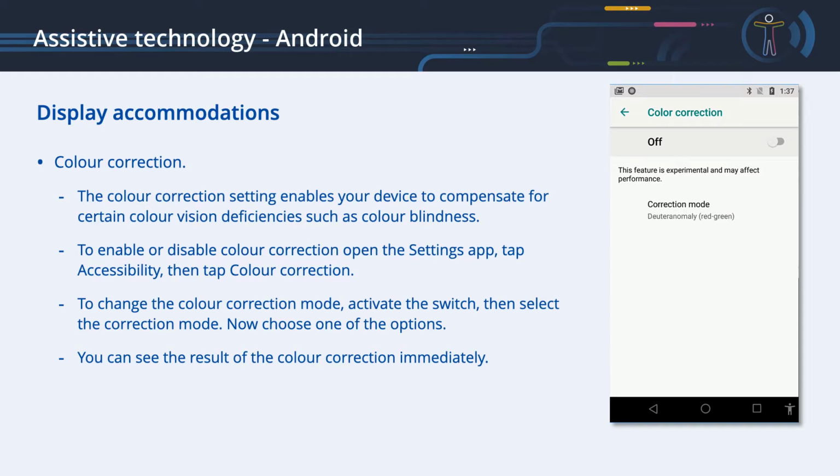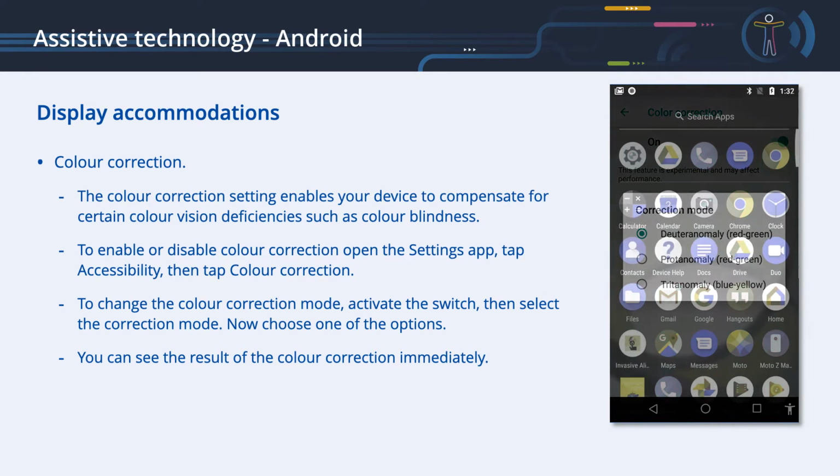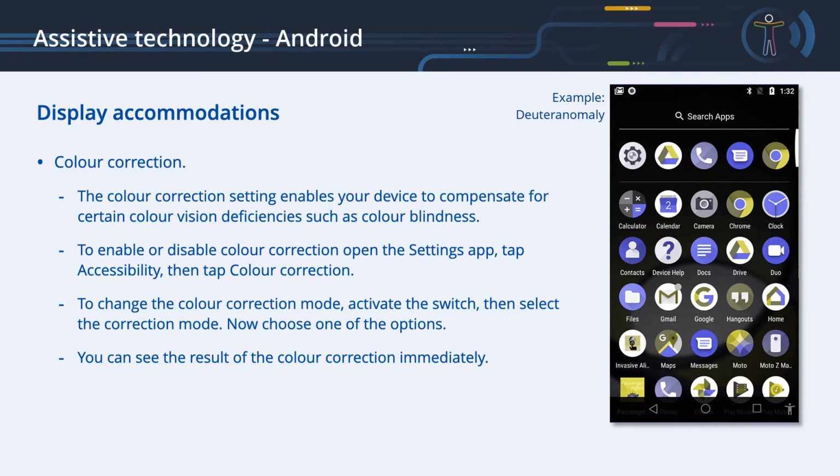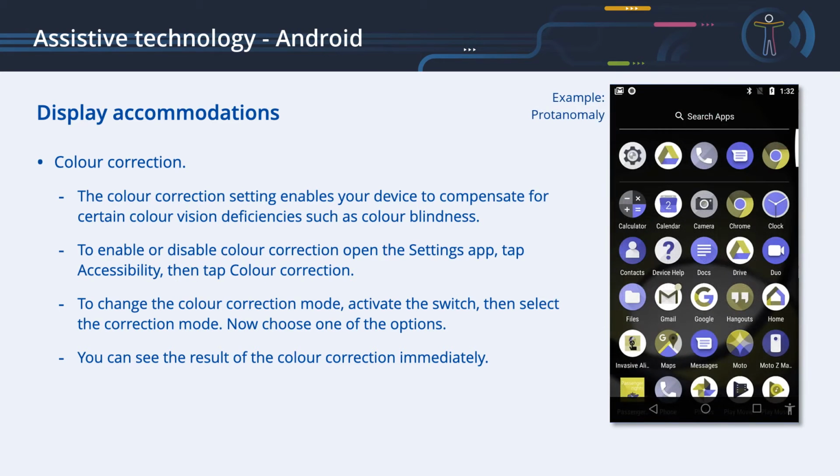To change the color correction mode, activate the switch, then select the correction mode. Now choose one of the following options. You can see the result of the color correction immediately.